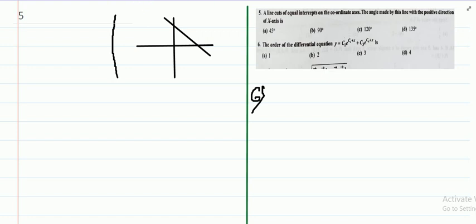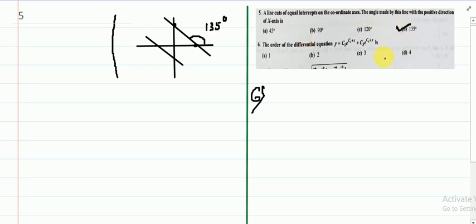Because equal intercepts means both intercepts must be positive or both intercepts must be negative. So, if it cuts equal intercepts, then this angle will ultimately be 135 degrees. If it is not 135 degrees, then we don't get these two intercepts, the x and y intercepts, equal. So, it must be either in the first quadrant or in the third quadrant, because in the first quadrant both are positive and in the third quadrant both are negative. Therefore, the correct option will be